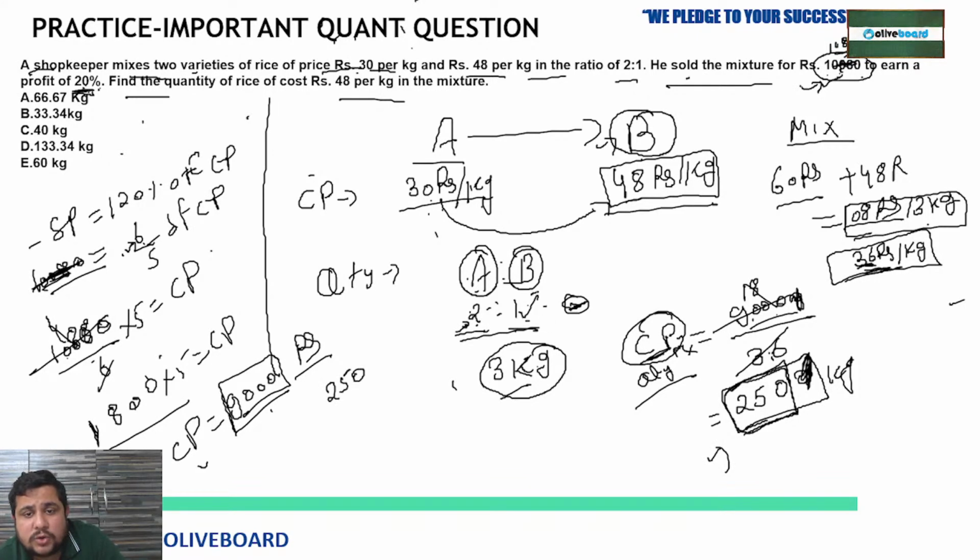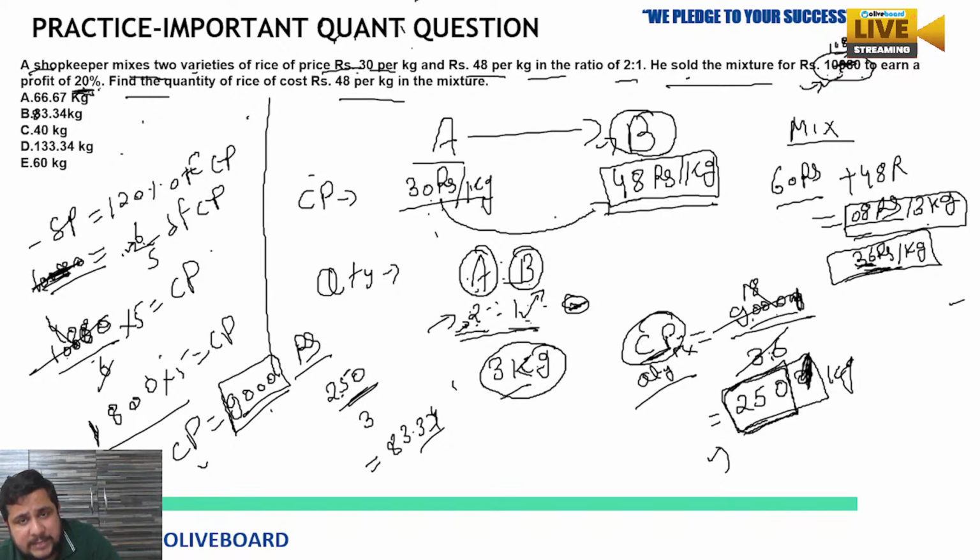So in 250 kg, one part belongs to what? From this, there are total 3 parts. 2 parts belong to A and 1 part belongs to B. So 250 upon 3. So this will be 83.33. So this one option B is not 33.34, it is 83.34, because they have asked us the 48